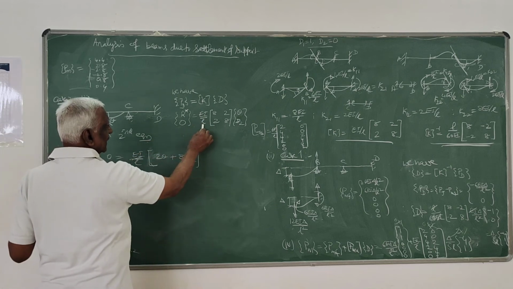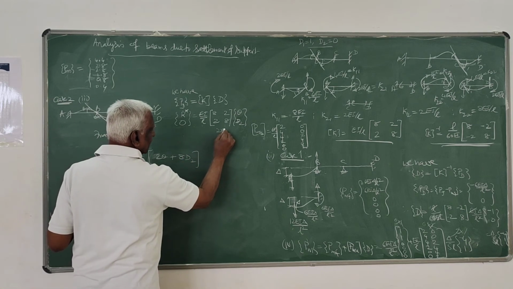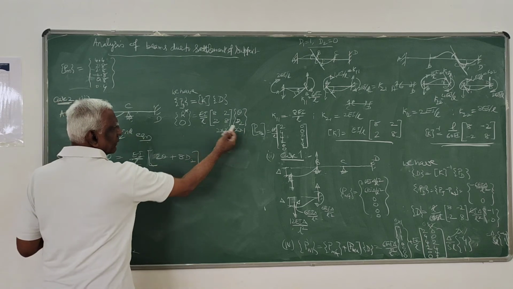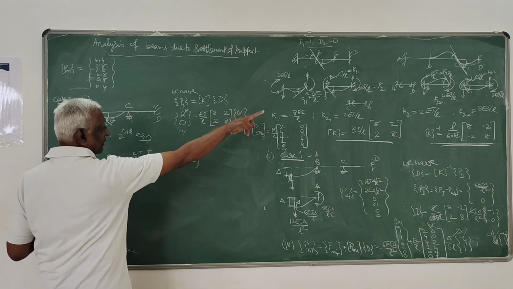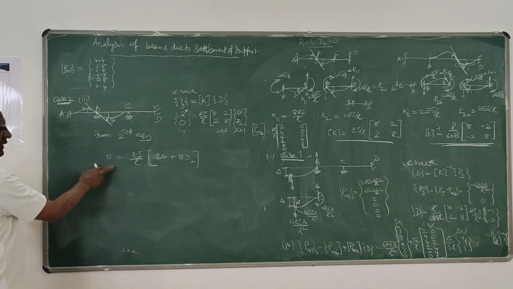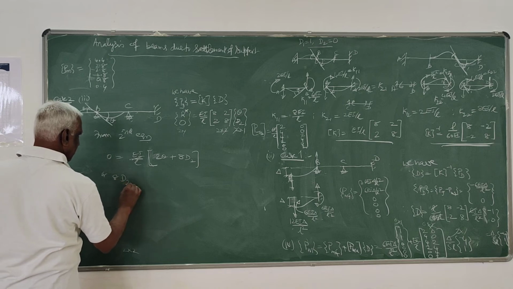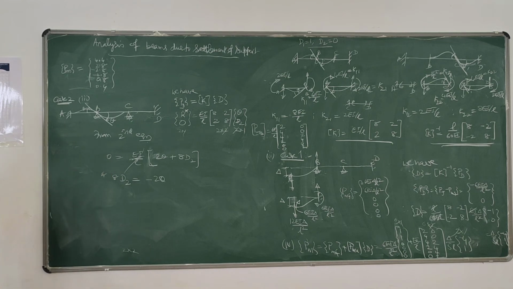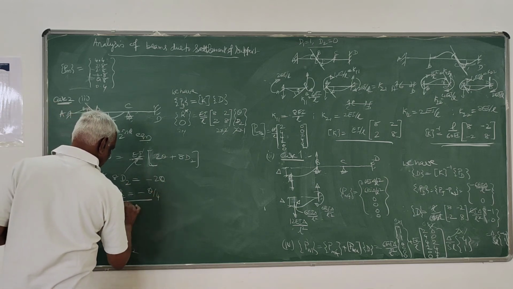From the first equation, EI by L, 8 theta plus 2 d2 is equal to R, because these two, let's say 2 by 2 matrix, 2 by 1 matrix, here column equals row, resulting in a 2 by 1 matrix. This also is 2 by 1. The first row corresponds to the first, the second corresponds to this. And then the second equation, this is the second equation, or you can say 8 d2 is equal to minus 2 theta. This here cannot be 0, only 2 theta plus 8 d2 is 0. Therefore d2 equals minus theta by 4.